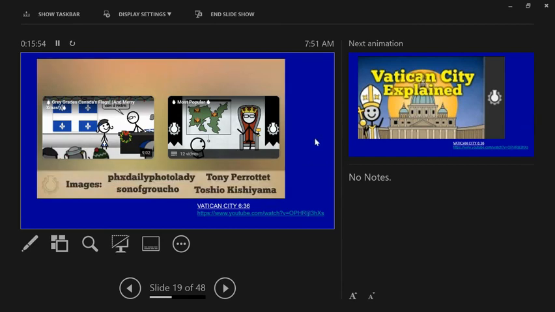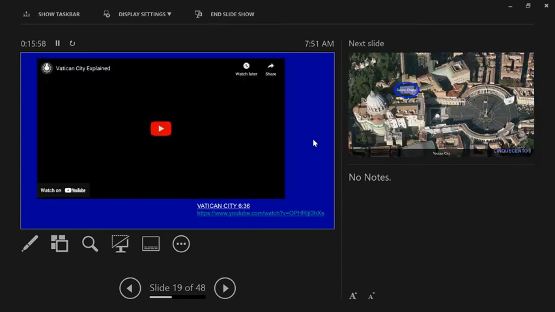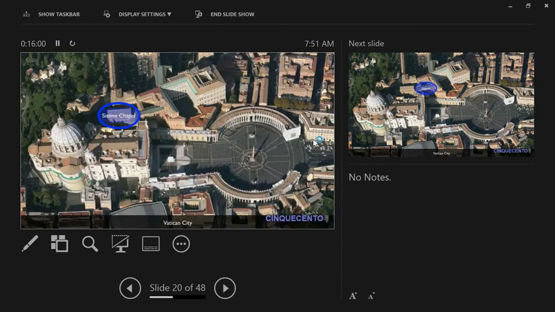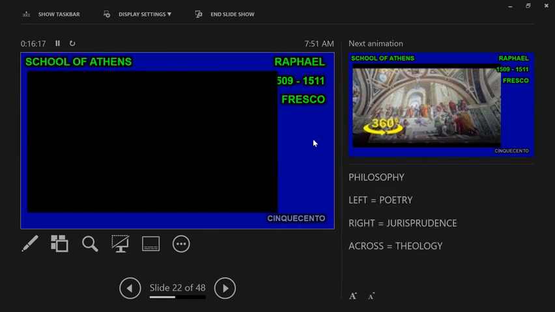All right. So now you understand the Vatican City? I thought so. Anyways, we're going to go to the Vatican City, and here is the old New St. Peter's Basilica, and right next door to it is the Sistine Chapel, which we'll look at very soon. And then right next to the Sistine Chapel is this building called the Stanze. And we're going to step inside.